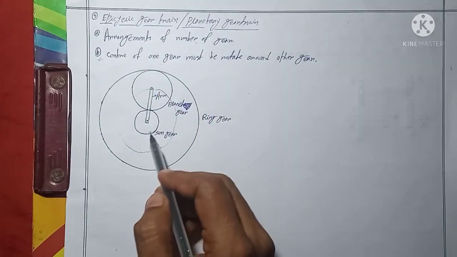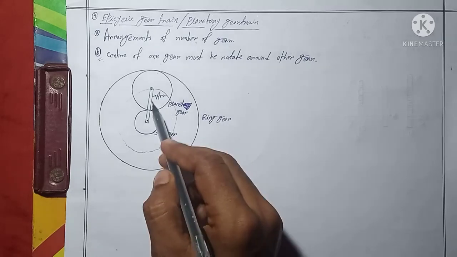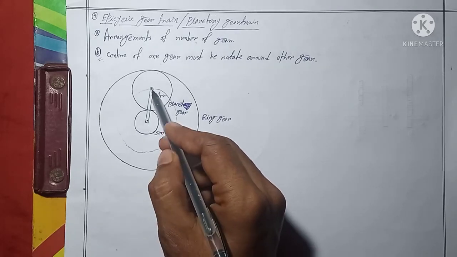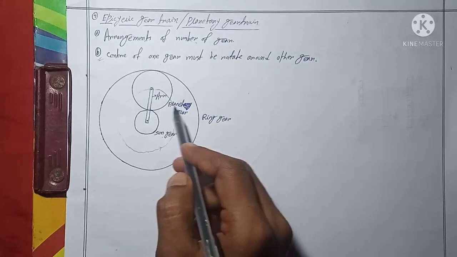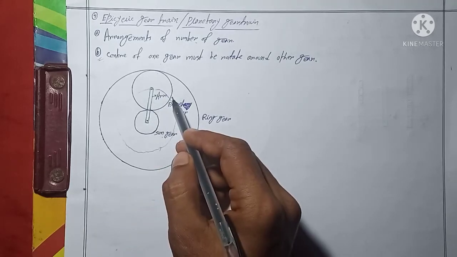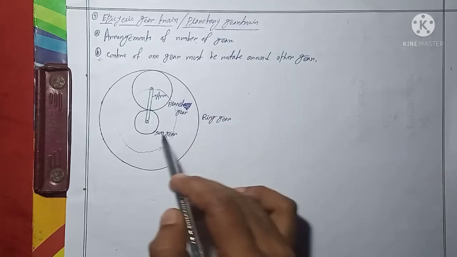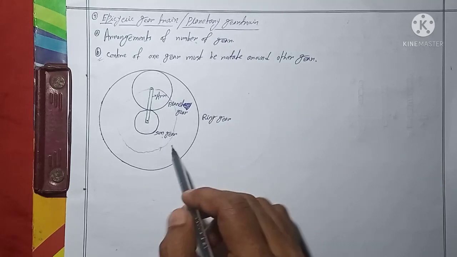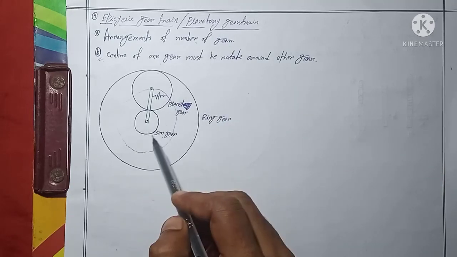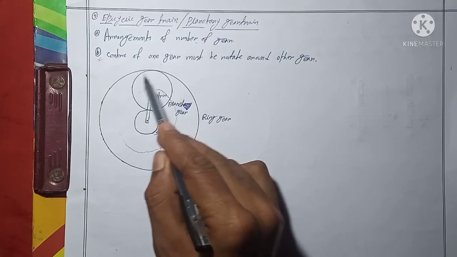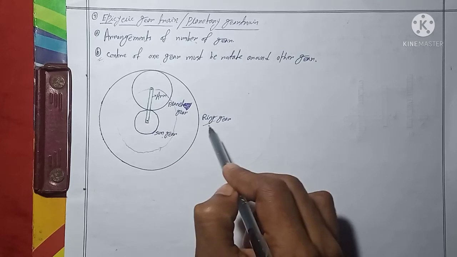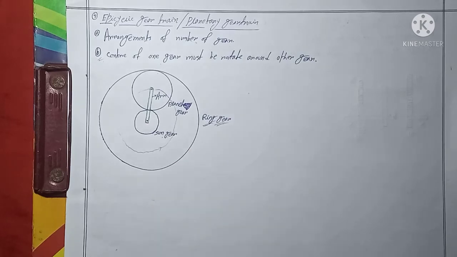So here this gear is called the sun gear, and this one is called the arm, which is drawn with the help of a green pen, green color. And this is called the planet gear. We know that the planet rotates around the sun. Similarly, you can see the same configuration here. Around the sun gear the planet gear rotates, and this is called the ring gear. So this configuration is there.